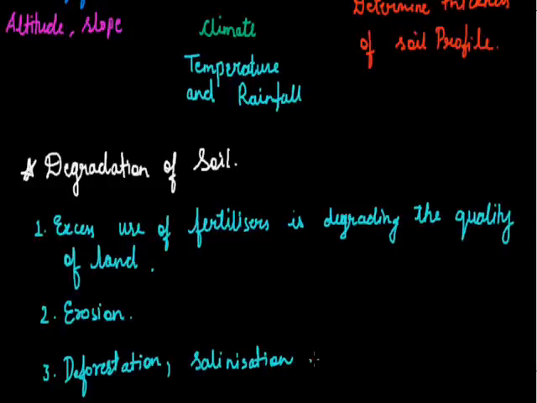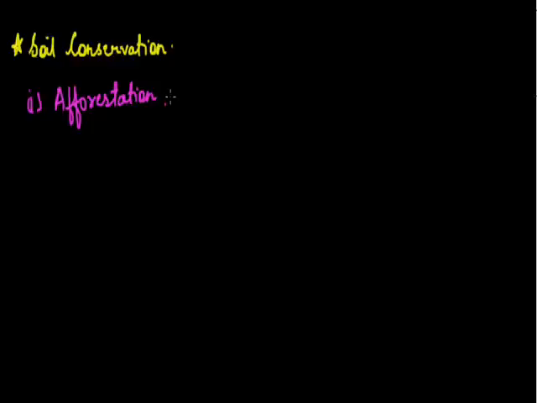Now, what is required here is conservation of soil. For soil conservation, the first and foremost thing that needs to be done is, of course, afforestation, that is planting more and more plants. Also, the conservation of soil in different regions can be done with different methods. Here we are going to show you the different methods in different regions. First, we'll talk about hilly areas. In hilly regions,